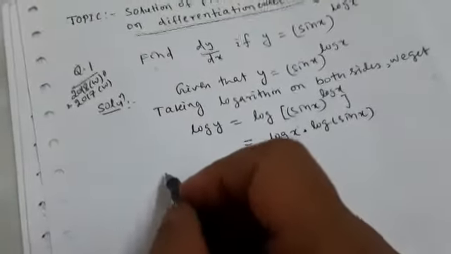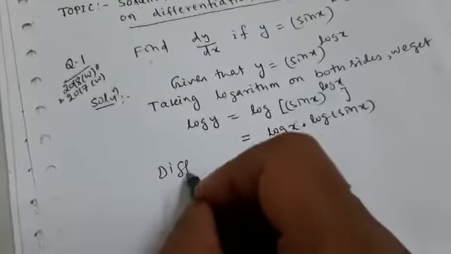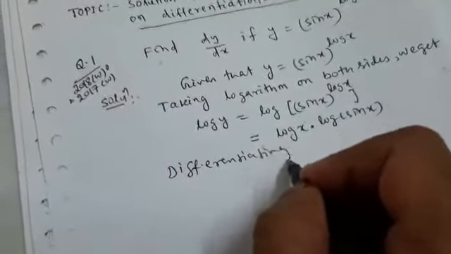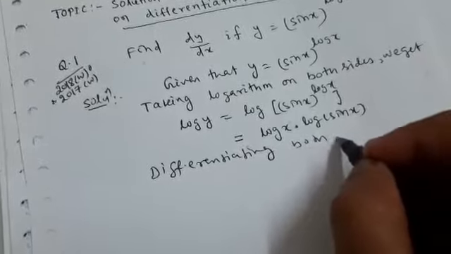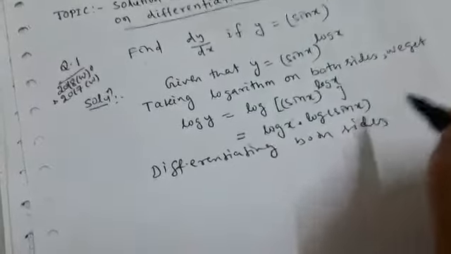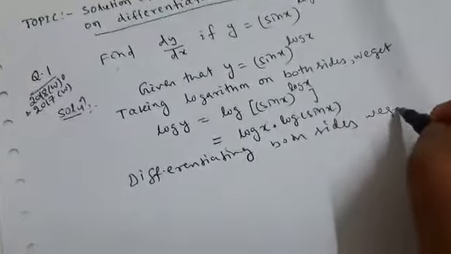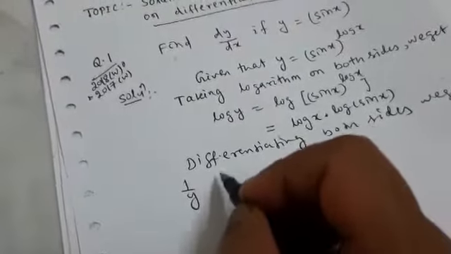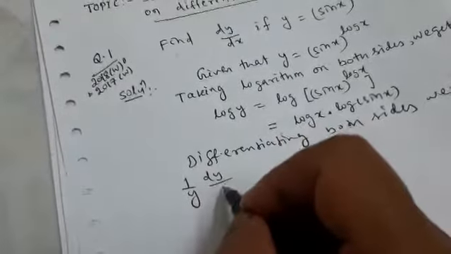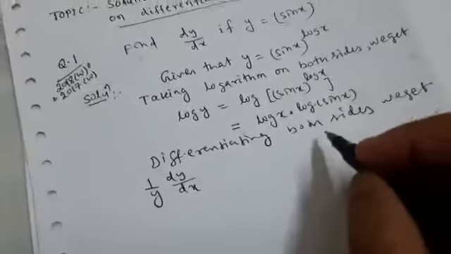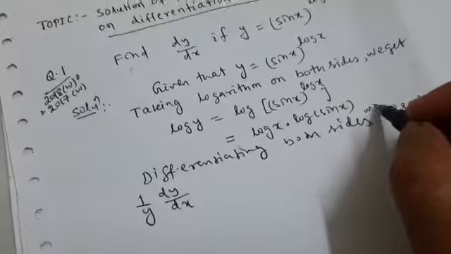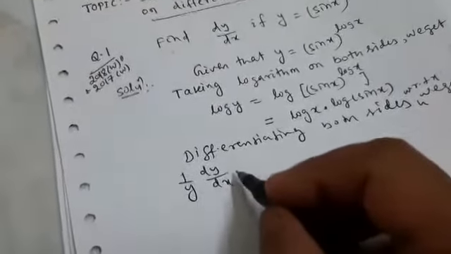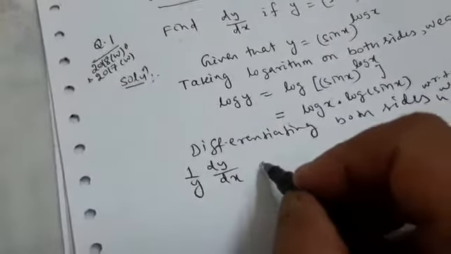Then differentiating both sides with respect to x, we get 1 by y dy by dx is equal to